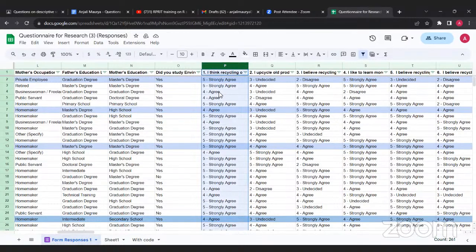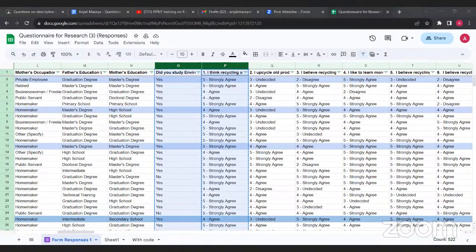Okay, and also the O also, because did you study environment? That is also there. So you can do both. Yeah, then you copy. So, both. Then you go to the art studio. Okay. So it is getting open.